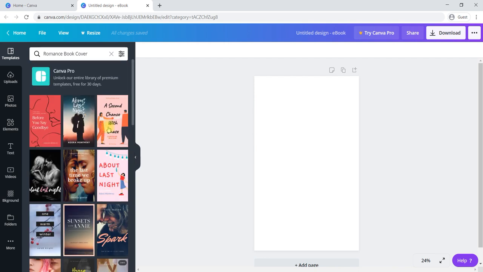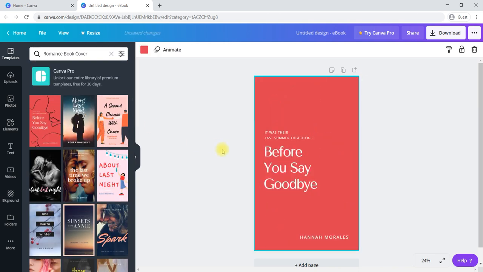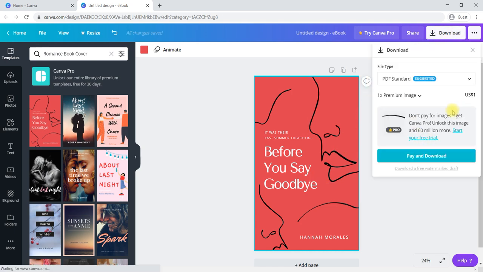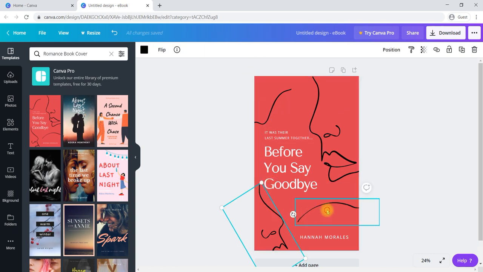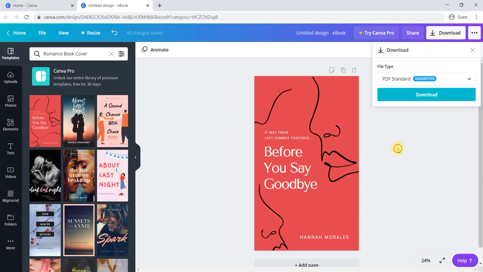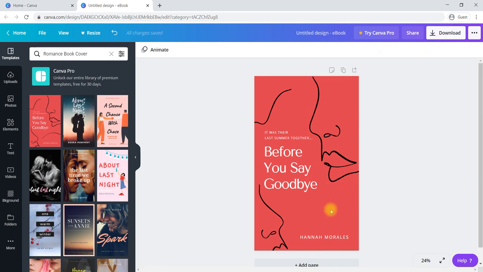For example, if you're selecting this particular theme, once you have selected, make sure that you go to download and check, is there anything I need to pay? Yes, I need to pay here $1, because some image has a watermark. So this particular image is demanding a watermark. What can we do? We can delete that particular image. Now if you check download, it is not that. So we can check if there is any small line or image which demands a watermark.